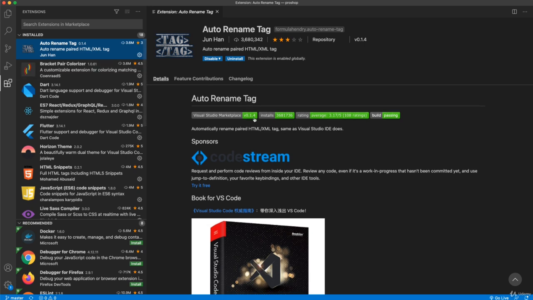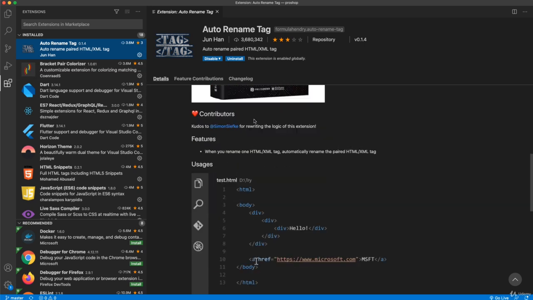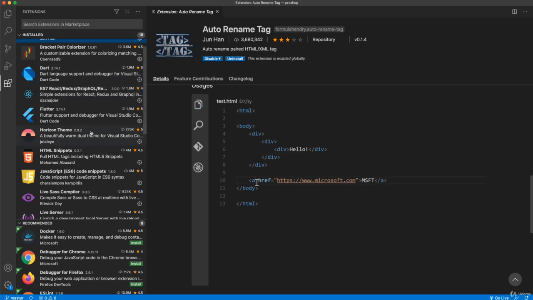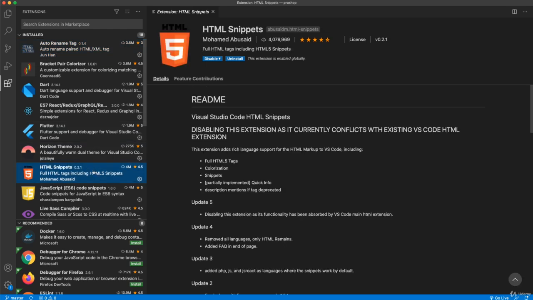This auto rename tag, so this works with HTML and JSX in React. Basically, if you change the beginning tag, it's going to change the ending tag as well automatically. So you'll see that happen on my screen, and that's why I would suggest adding this to VS Code. Let's see what else. I'm also using